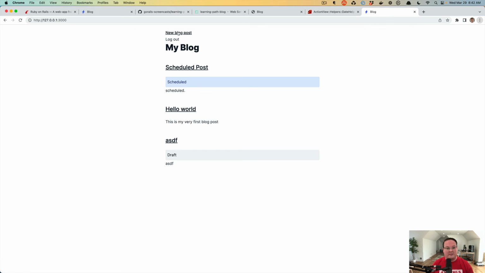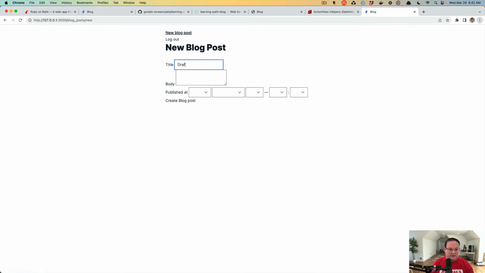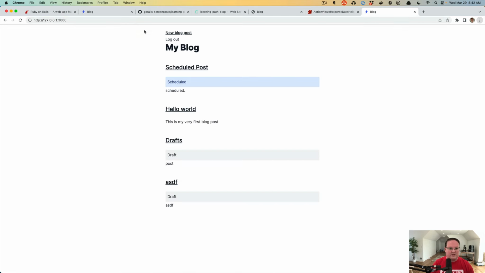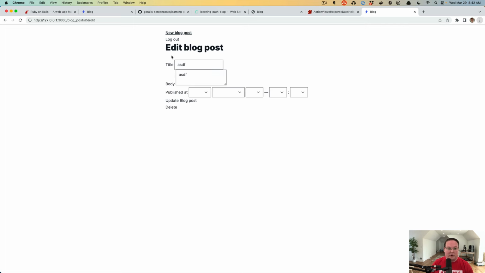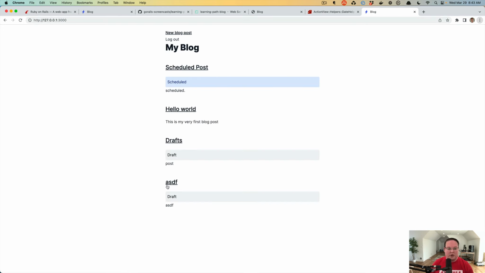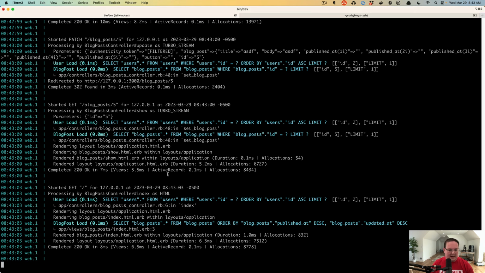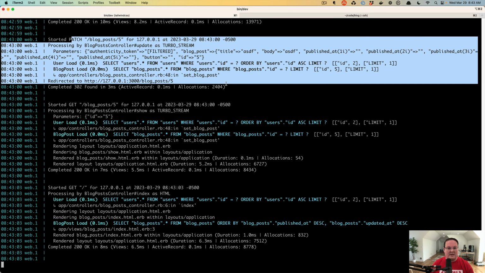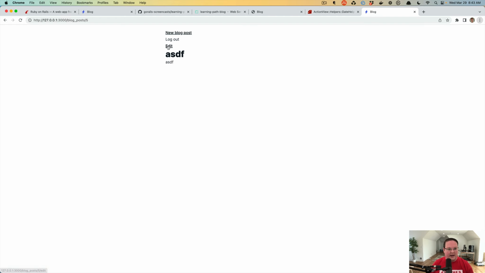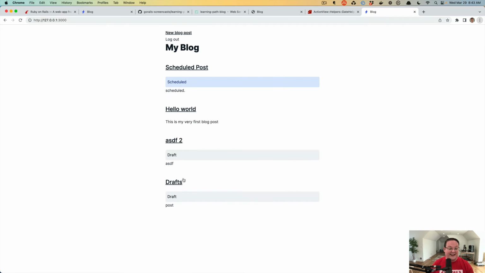It would preserve all of this unless you have 2 draft posts. So we'll say another draft post. And if we go back to our homepage, you will see now the new drafts post is first. But if we were to edit this one and just update that, going back to our homepage, we'll show that, as long as that got updated in our database, which actually didn't change anything, so it didn't even touch that. So we'd have to go modify that post. Let's actually do that. ASDF2, there we go. That will have updated the updated at timestamp,